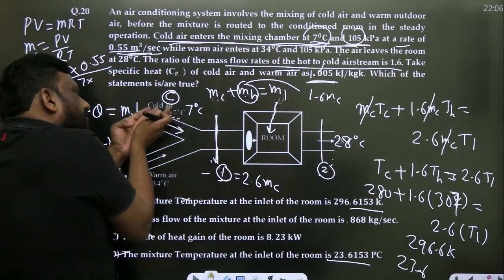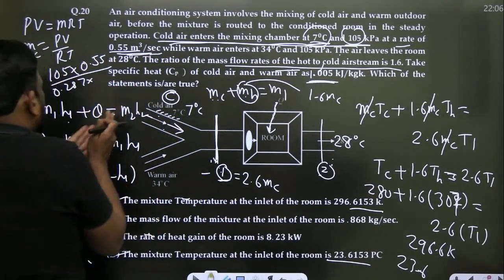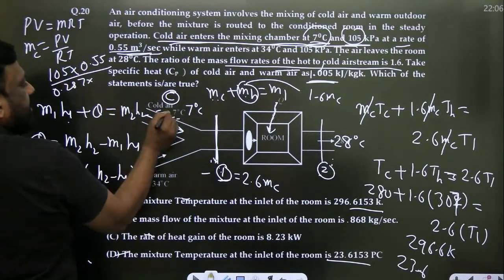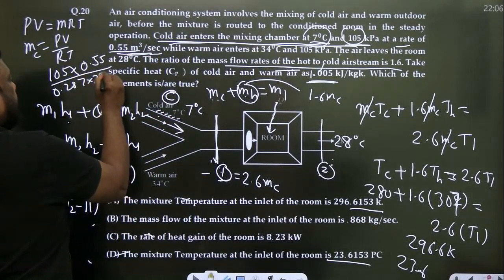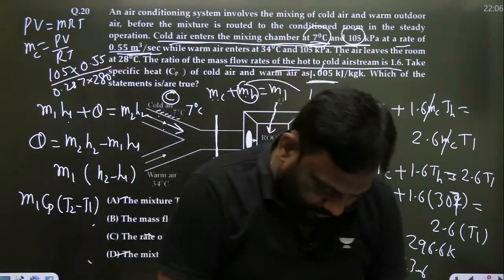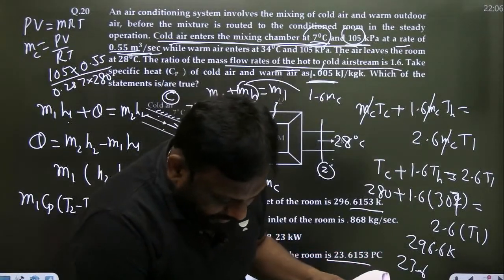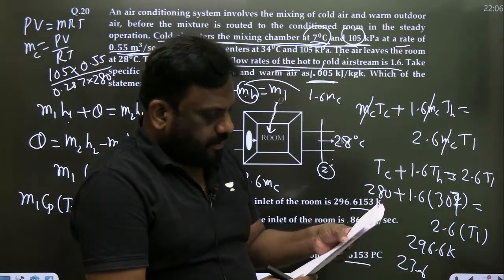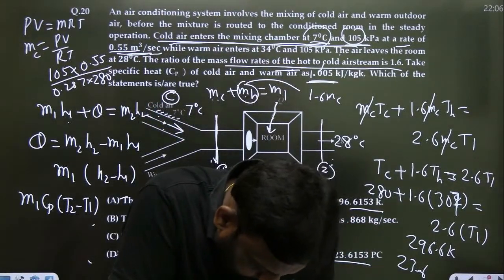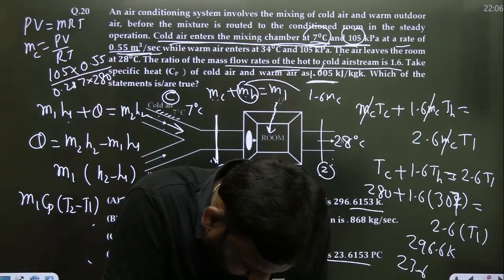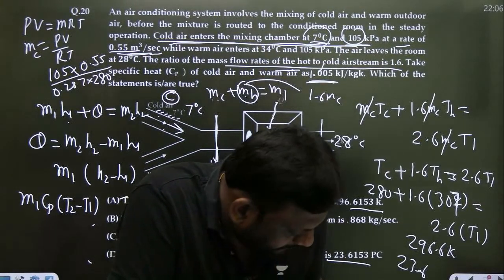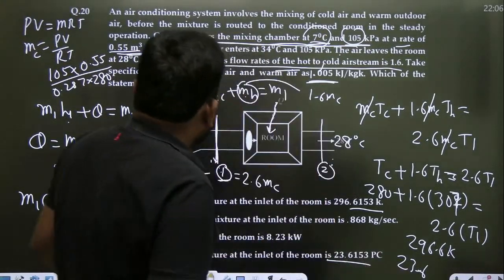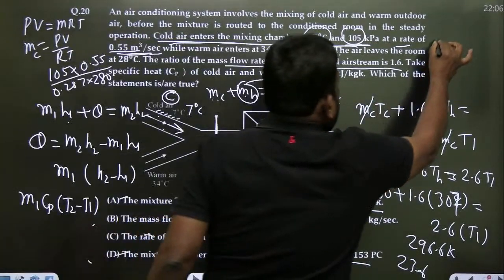यहाँ का पूरा कंडीशन दिया, मास फ्लो रेट कोल्ड का कैलकुलेट करो, प्रेशर इज गिवन, कोल्ड एयर का प्रेशर दिया, कोल्ड एयर का वॉल्यूम दिया, कोल्ड एयर का टेंपरेचर दिया, मास फ्लो रेट कैलकुलेट करो इनटू टेंपरेचर, 273 plus 7 is 280, so I will get the mass flow rate of cold air। Anyone, what is the mass flow rate of cold air? कोई बताओ रे, what is the mass flow rate of cold air? 0.7186,